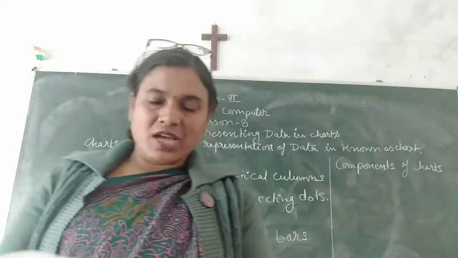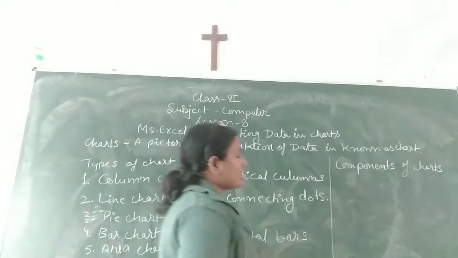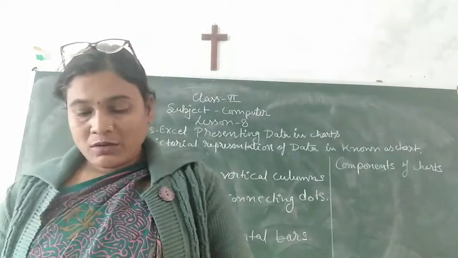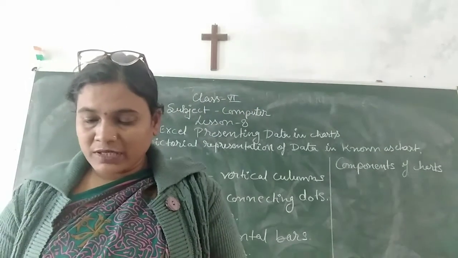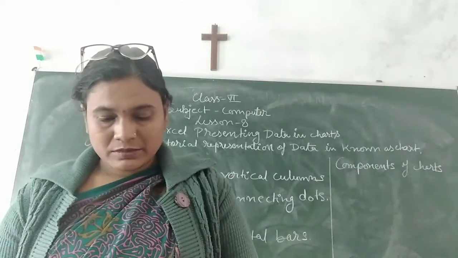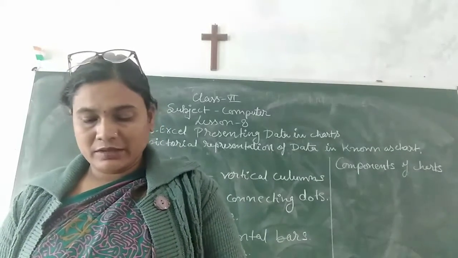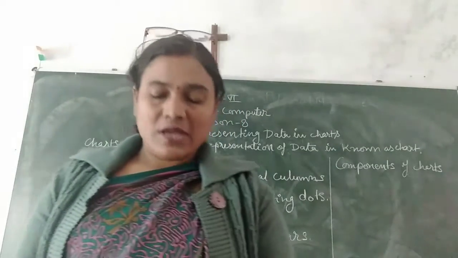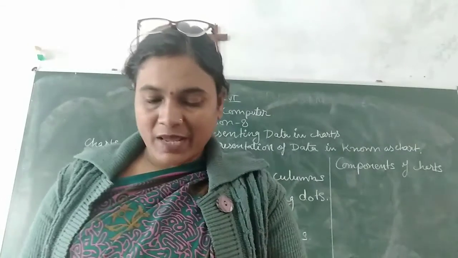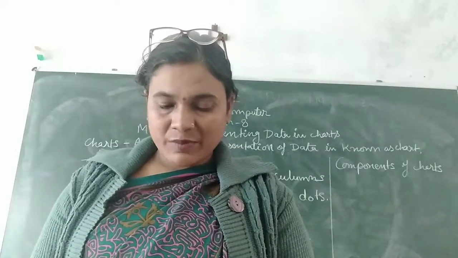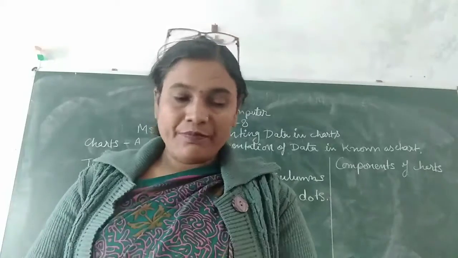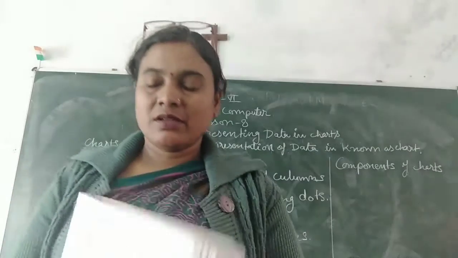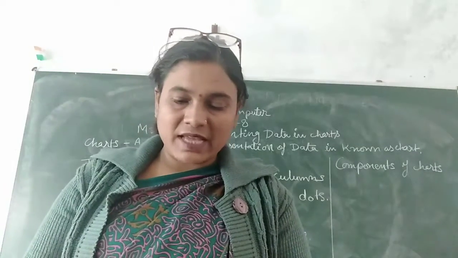Next topic is creating a chart. By this topic, you can create a chart. So, first of all, how to create a chart? Click on data, select the location and data, whatever you want to convert into a chart, and click on the insert tab, then chart, then select the chart subtype from the drop down list, for example, column chart. Okay, then your chart is plotted on this screen. Clear, children?